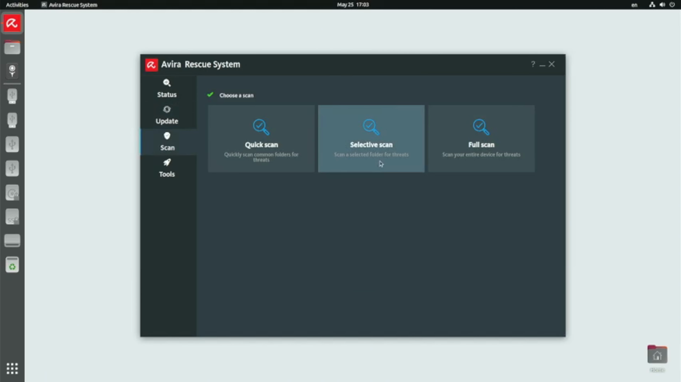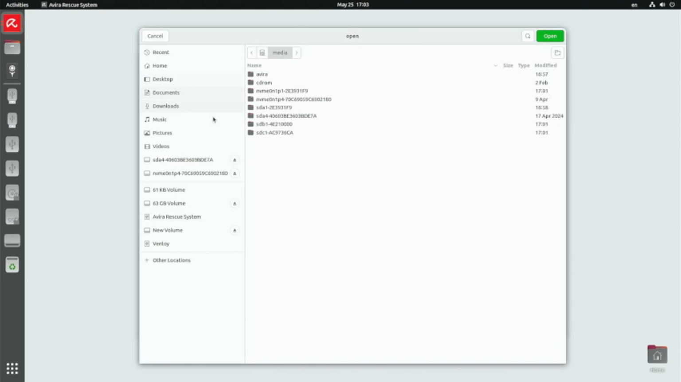I want to do a selective scan in this case. You could do a full scan or a quick scan, but it's best to do a targeted or selected scan to make sure you're targeting the correct drive and/or volume or even directory and/or file level. So this tool is nice